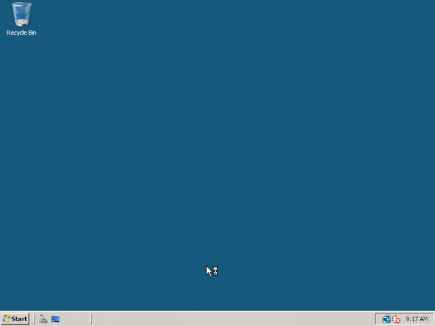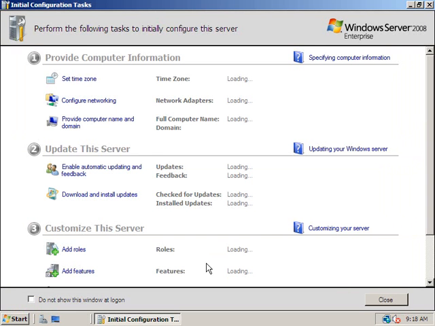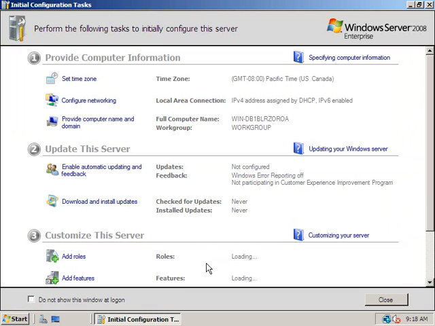And in just a moment, you will see that another utility is going to open. That's why I have a little hourglass on the arrow there. Just a moment here. There we go. We have our initial configuration tasks wizard, if you want to call it that, that comes up on the screen. And really what I recommend is that you follow these steps exactly the way they've been laid out for you. So the first thing they have here is the setting of the time zone. I'm going to go ahead and click on that link,